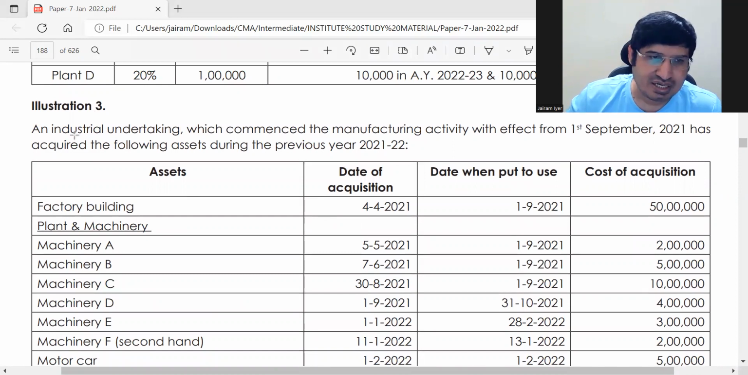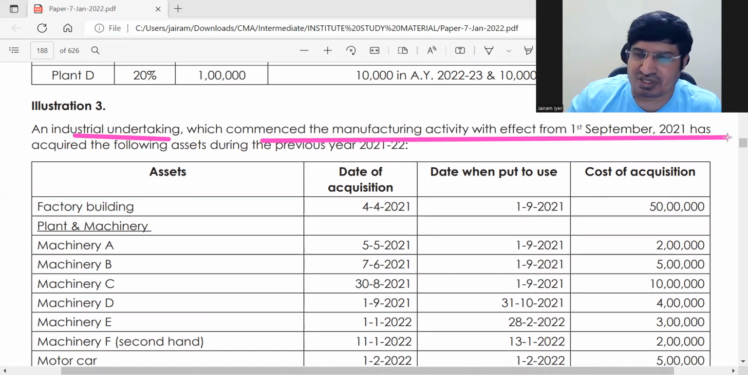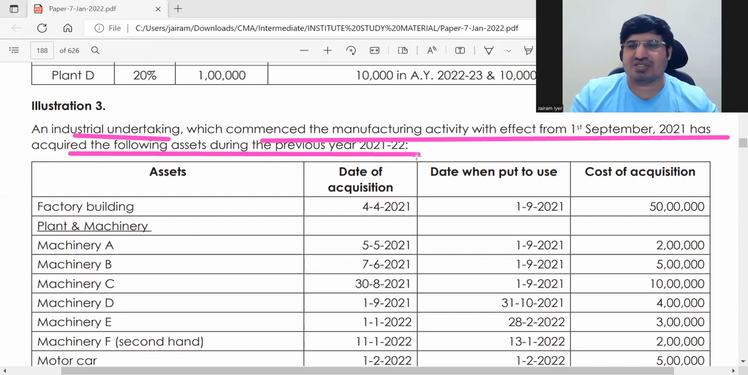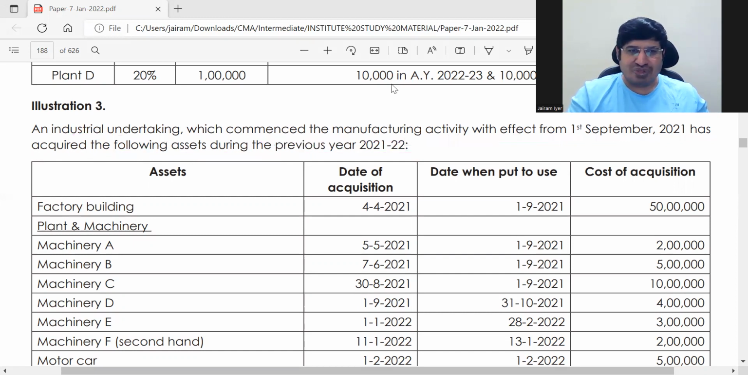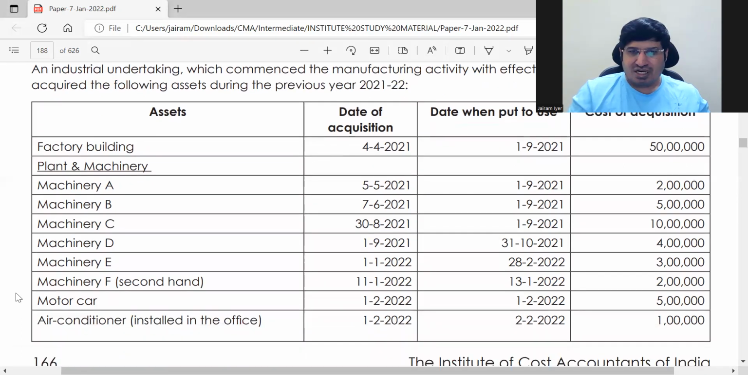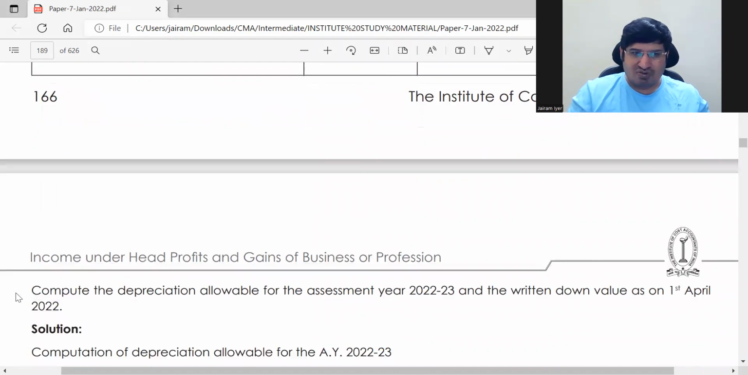चलो, ये क्या बोल रहा है, an industrial undertaking which commenced manufacturing activity with effect from 1st September 2021, ठीक है। It commenced manufacturing activity from 1st September, यानी इसके पहले मैन्युफैक्चरिंग किया ही नहीं उसने कभी। Okay, it started from 1st September 2021, has acquired the following assets during previous year 21-22, ठीक है। These are the assets that it has acquired, ठीक है। ये लिस्ट देखेंगे हम, what are the assets, okay, and after that क्या पूछ रहा है वो देख लेते हैं।